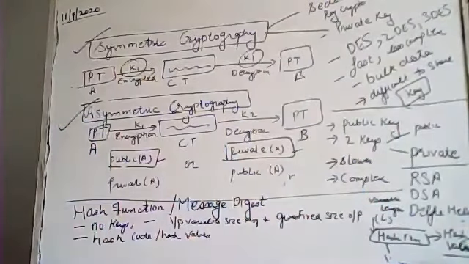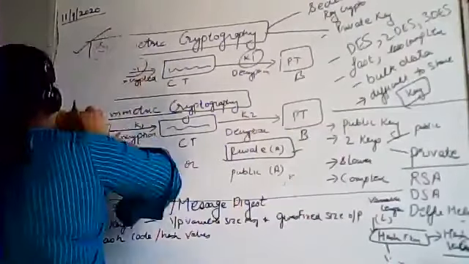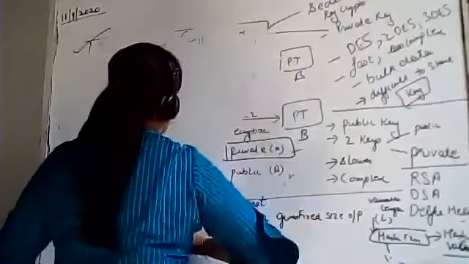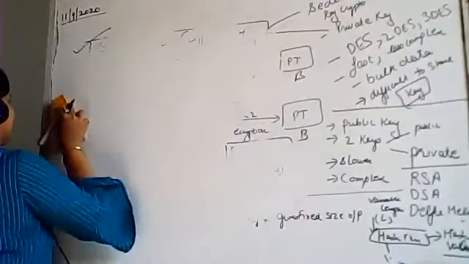Clear? So these types are clear to you? If this has been clear, shall I move to the next topic, that is the digital signature? Kindly raise your hands if these types of cryptography techniques are clear to you. Okay, now the next topic is digital signatures. Many times you have also used this term, the digital signature.